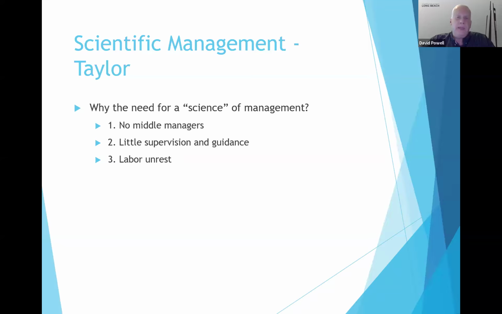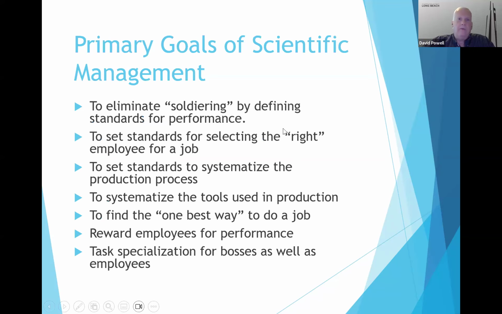And then third, all the labor unrest that we saw in a lot of our industries at the time. You think about something like The Jungle by Upton Sinclair, which was published in 1906, right while Frederick Taylor was publishing his theories. So he was very well aware of all this labor unrest and all these situations going on within our organizations that were certainly eroding productivity, eroding efficiency, and really leading to a lot of violence and actually death within those organizations. So he looked at those three different factors and said to himself, I need to develop a scientific way to study management. So he develops this theory of scientific management.